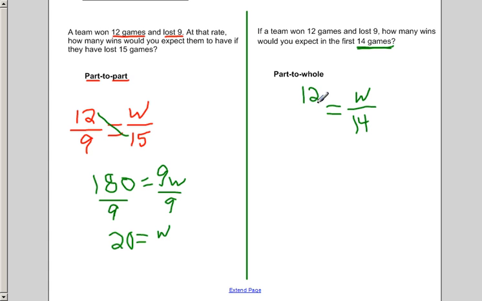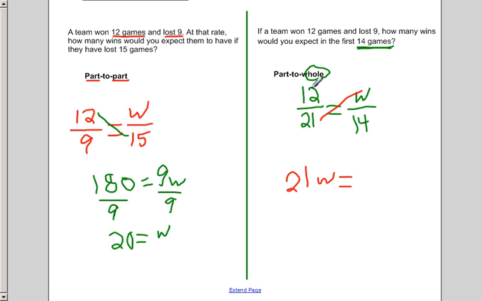But now we have to be careful because 9 is not the total number of games they played. That's not the whole. The whole would be 12 games that they've won plus the 9 games that they've lost, so 21. So now when we cross multiply, we have 21W